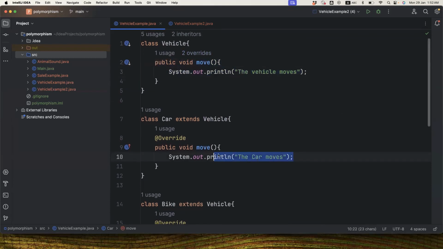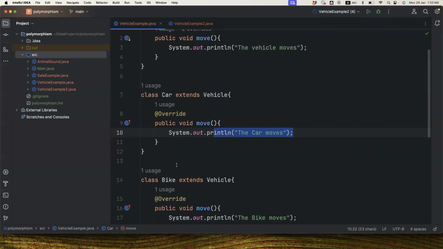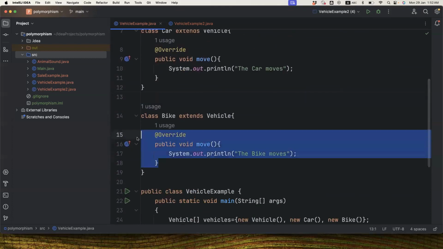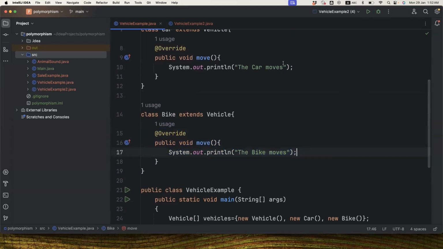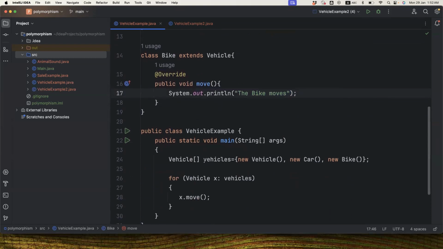So if I write moves, it's a similar thing that we will experience in another class, which is the bike class, and we've done the same thing, so we have behavior like car moves and bike moves. In main or in a testing class, we simply created a series of instances in an array of the vehicle class. We wrote the class name, vehicle, and put the square brackets in order to create the array, because we are anticipating that we are going to receive more than one object